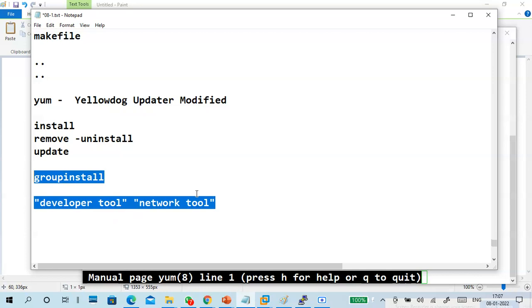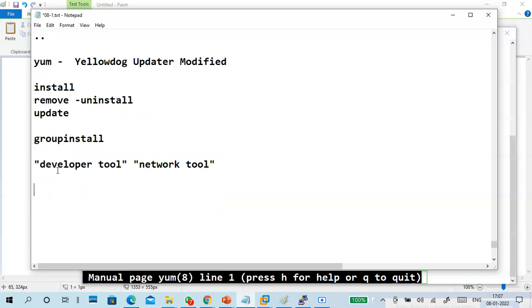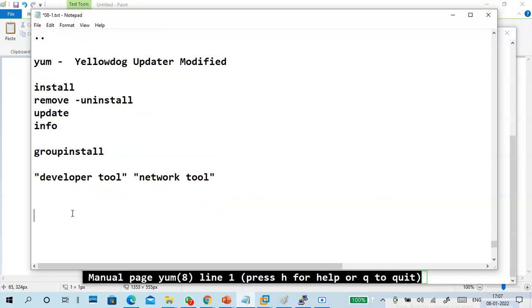We can do group install, group remove, and update the packages also with yum. Other commands, like for getting information, info is also used.